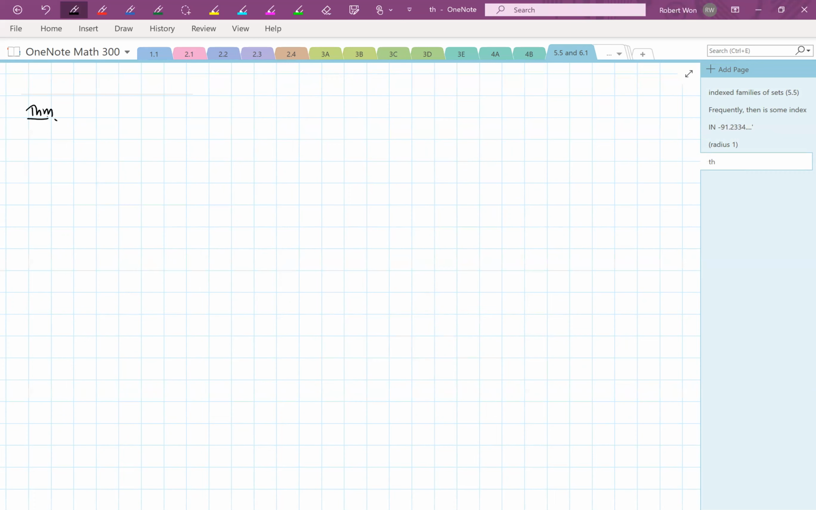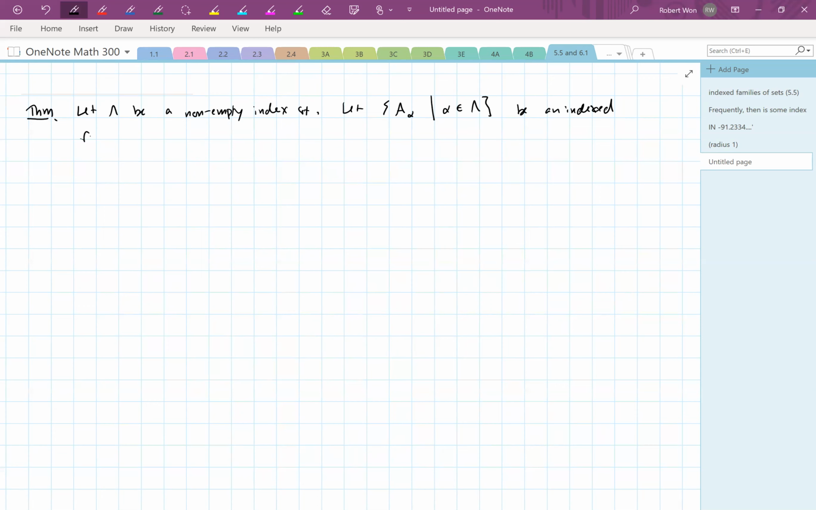Of course, I should give you at least one proof. So let's prove one of the things in this theorem. Okay, so let Lambda be a non-empty index set. It could be infinite, could be finite. And let A_alpha be an indexed family of sets. So I have a bunch of sets indexed by the Lambda. I have one set for every element of Lambda. Then